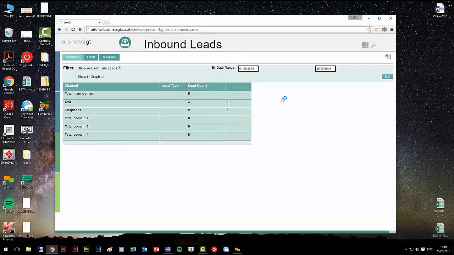And you can see, just from the top here, I can see that I've had 3 emails, 2 telephone calls. And because I've got this checkbox ticked up here which says show only genuine leads, I know that these are genuine, so over the past month I've had 3 genuine emails and 3 genuine phone calls. If I want to also see other lead types, so for example, I also want to know how many